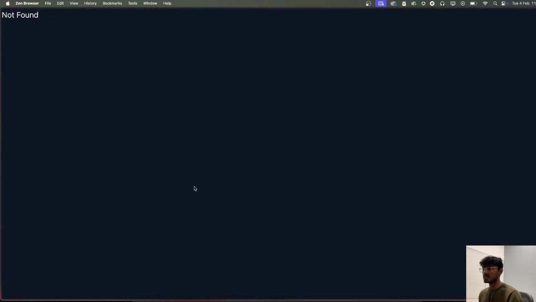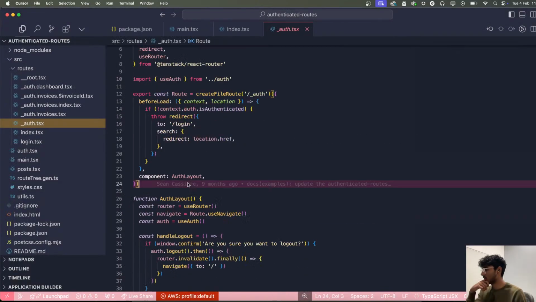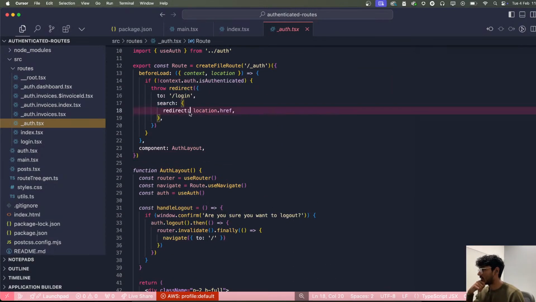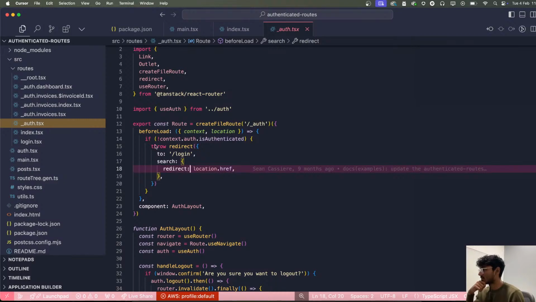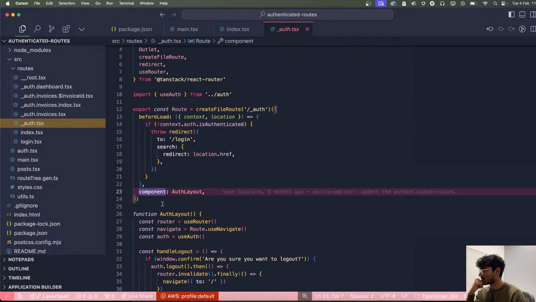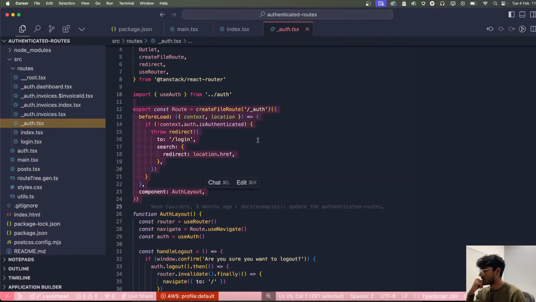What happens if I go here? Okay, this is not found. Great. So there's something that's been going on here. Okay, I don't really know what that is, but there's something going on here. Before loading this page, if context dot auth dot isAuthenticated is false, then we redirect to login. And if that is not the case, then